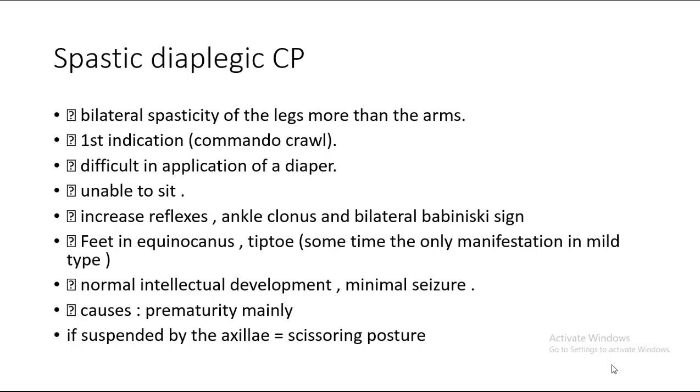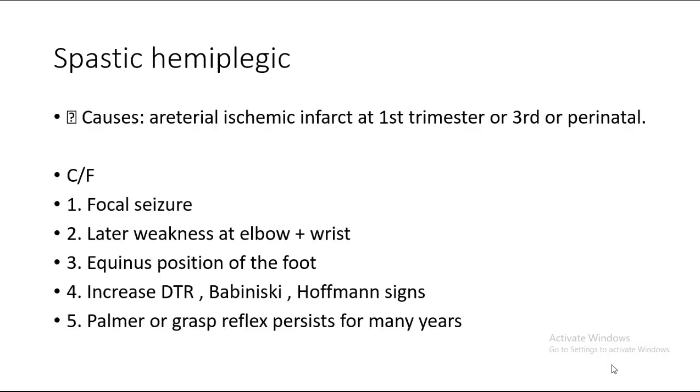The main cause of this type of cerebral palsy is prematurity. The spastic hemiplegic, when one side of the body is affected, usually has delayed milestones. The mother comes and says at 6 months, maybe it has congenital or acquired postnatal causes, but it may be overlooked, and later the mother comes and says, I feel that my child is not moving one side of the body,